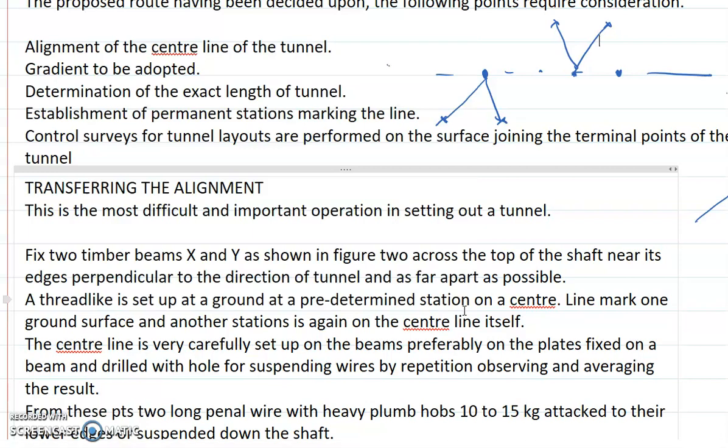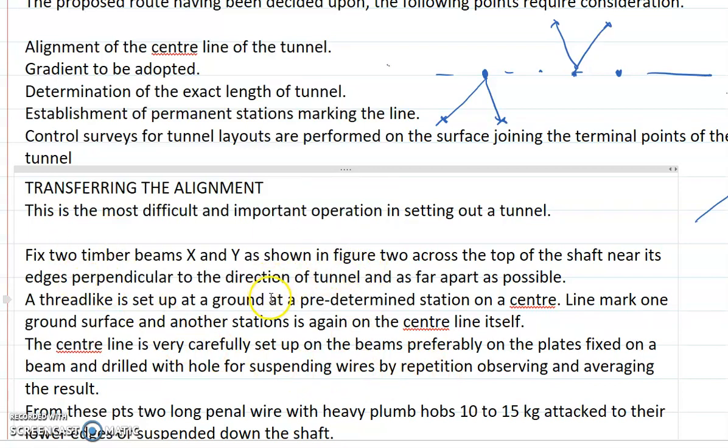The exact distance between the two terminals of the tunnel is usually measured. The corrections for tension, temperature, grade, sag, all these corrections you have studied in Survey 1, have to be applied. In case it is not possible to measure the distance, say the ground is very uneven or it's not visible, then lengths and directions of the center line of tunnels can be obtained by, again, triangulation or traversing. Then the next step is transferring tunnel alignment.